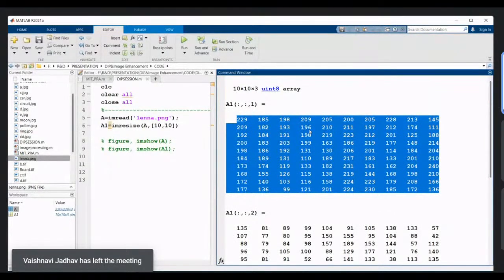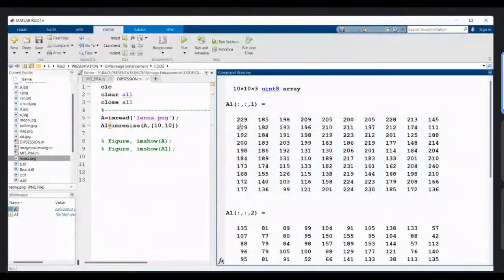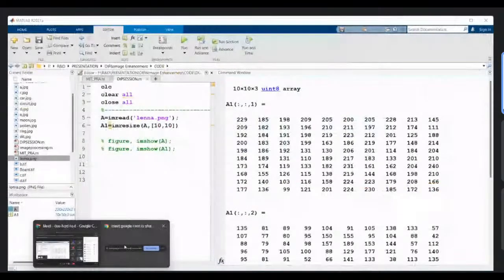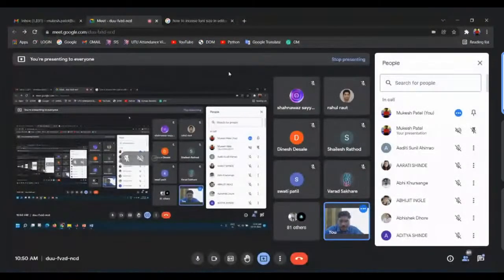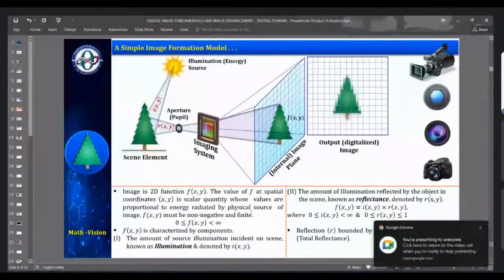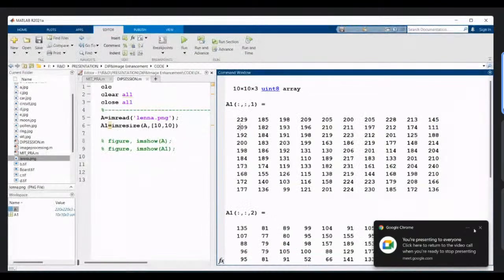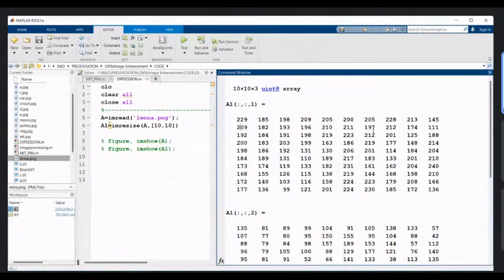Once you have matrix operations, I think you have already learned linear algebra. Have you learned linear algebra in your syllabus? Yes, sir. So linear algebra is nothing but matrices. There are so many methods we use in research work, like eigenvalues. Have you heard about this one? Eigenvalues, eigenvectors. Yes, sir, they are used in matrices only. Okay. Have you learned neural networks